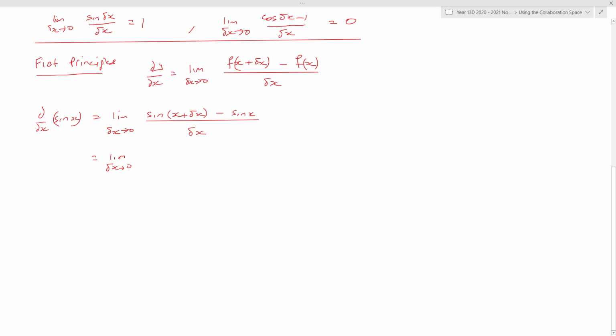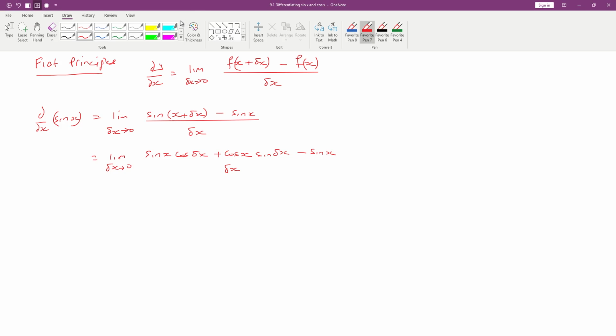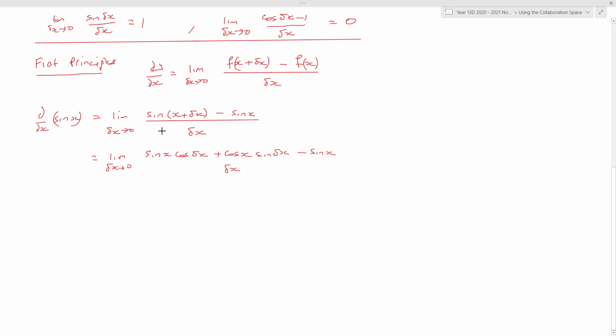Now, sine of x plus delta x, that's the addition formula. So that gives us sine of x cos of delta x plus cos of x sine of delta x minus sine of x all over delta x. I'm sure you remember the addition formula. Well, that's equal to,